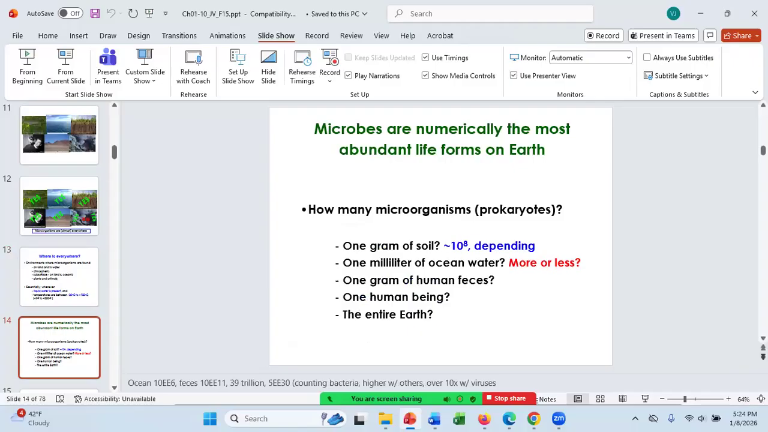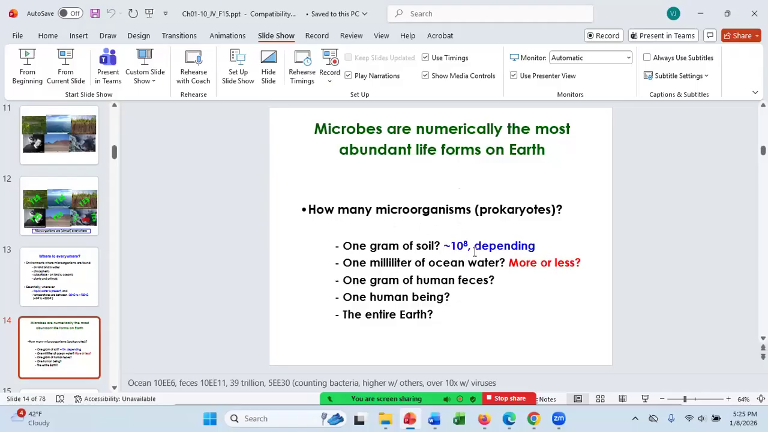So how many microorganisms are there? I mentioned that they're the most abundant life forms on planet Earth. And when we're talking about microorganisms in this sense, we're only talking about prokaryotes. If I were to say prokaryotes and viruses, the numbers would be 10 times what I'm going to discuss. But in 1 gram of soil, that's about 1 cubic centimeter of soil, you can find 10 to the 8th prokaryote cells. It does depend on the amount of organic matter in the soil and the amount of moisture in